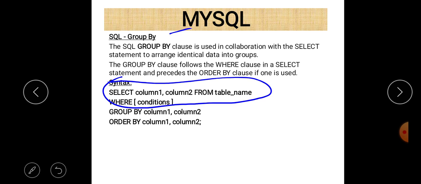Without an aggregate function, you cannot form a group. And after that, if there is a particular condition related to that group, then you can specify that condition with the having clause, not with the where clause. Always remember that a condition related to a group must be specified with the having clause.